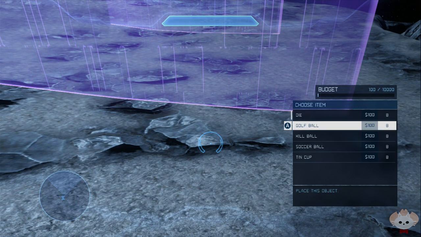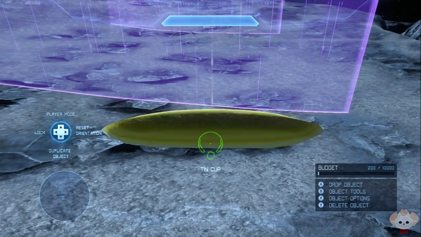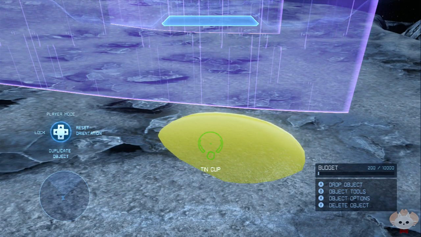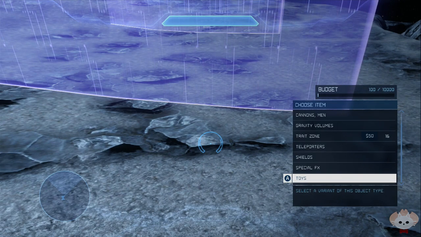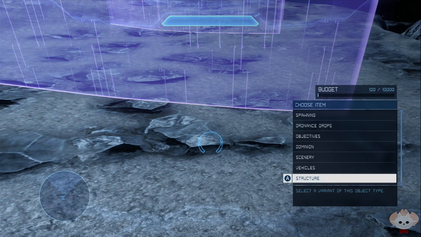Oh, I never looked at toys. Okay, we got a die, golf ball, kill ball, soccer ball, tin cup. Oh, gotta love the tin cup. Got some green grass in space. Okay, so now let's go ahead and get...